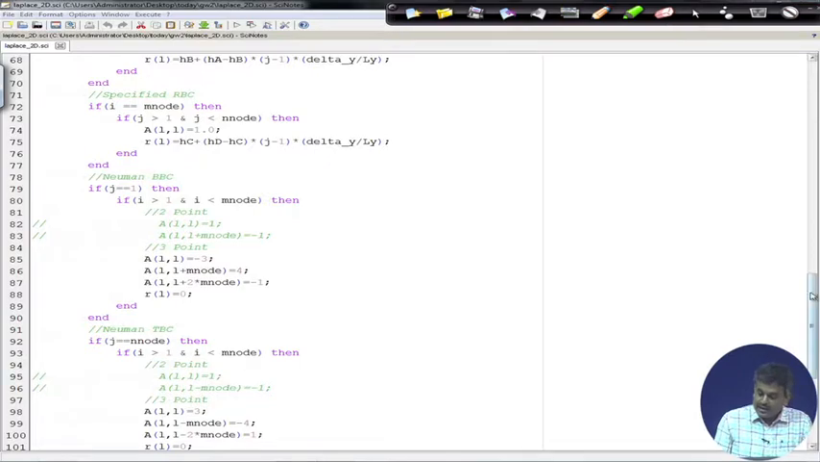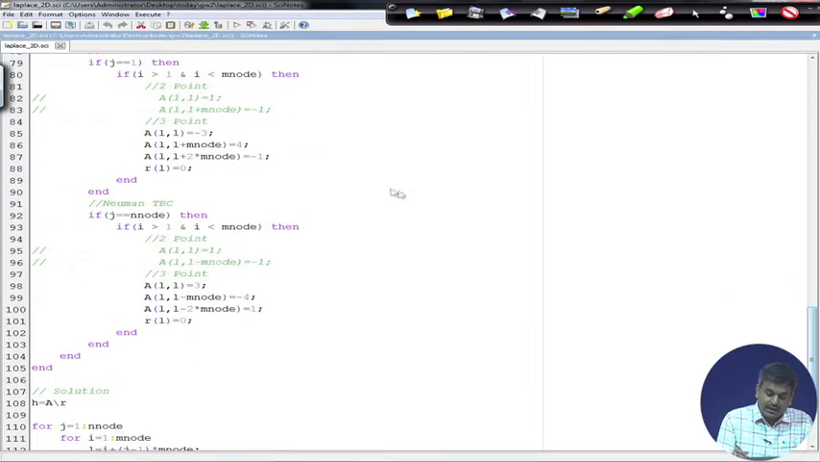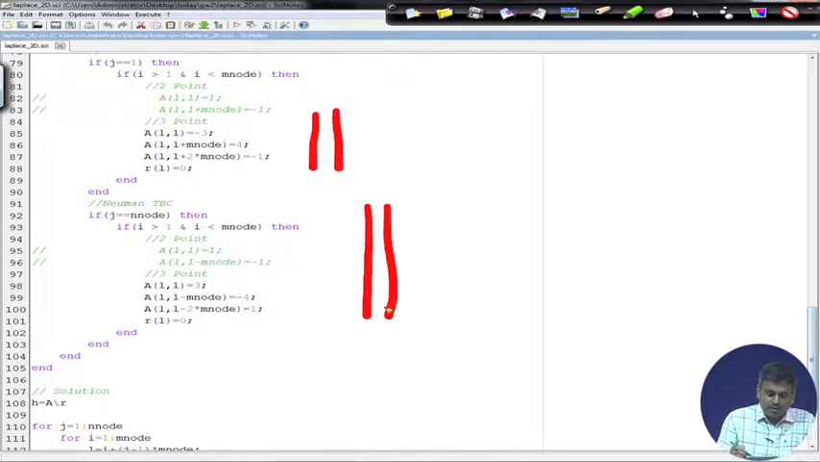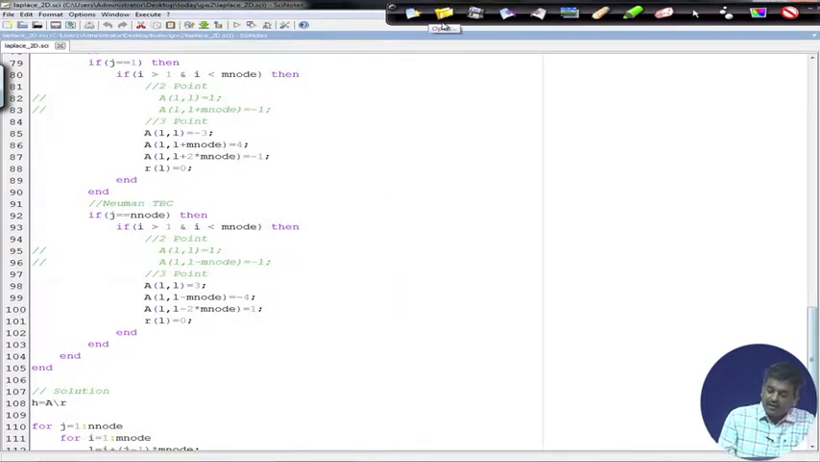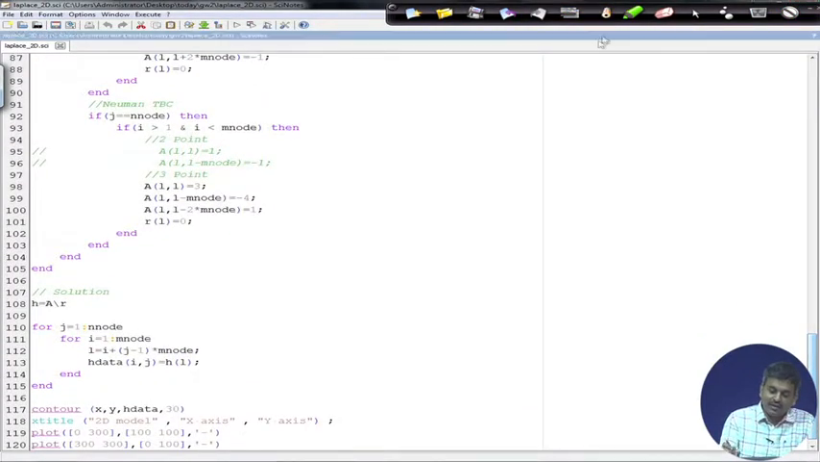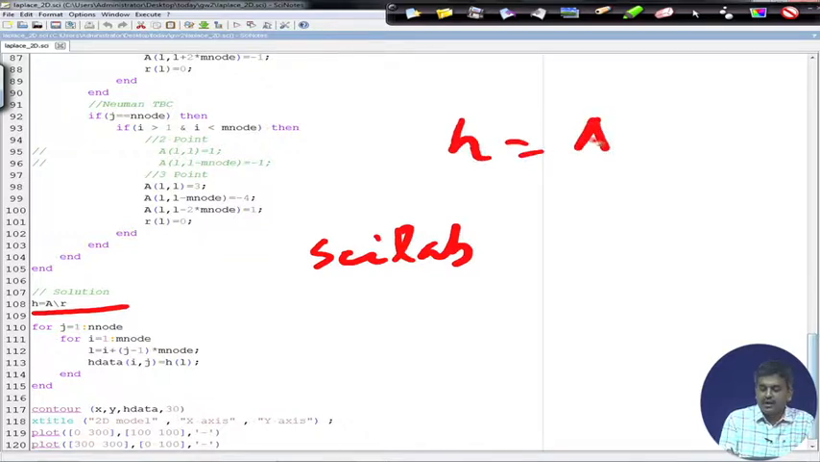So, in this case we can easily implement our boundary conditions, whether it is a bottom boundary or top boundary condition. And finally, in this particular solution I am not using the Gauss elimination, I am using some internal function of Scilab, that is H equals A backslash R. This will give you the solution H. This is same as Gauss elimination, you can also use Gauss elimination for this one and get the solution,